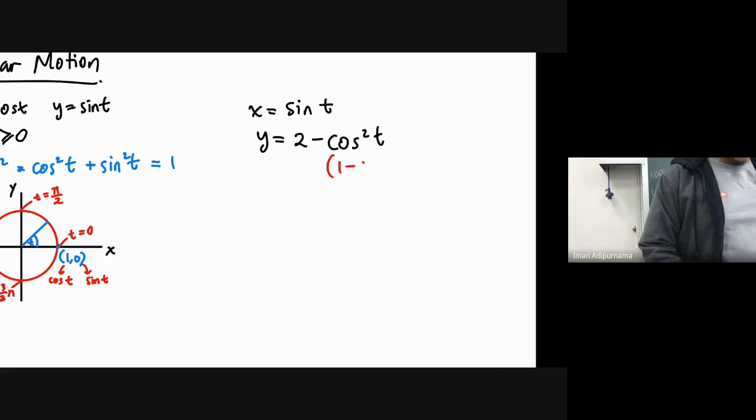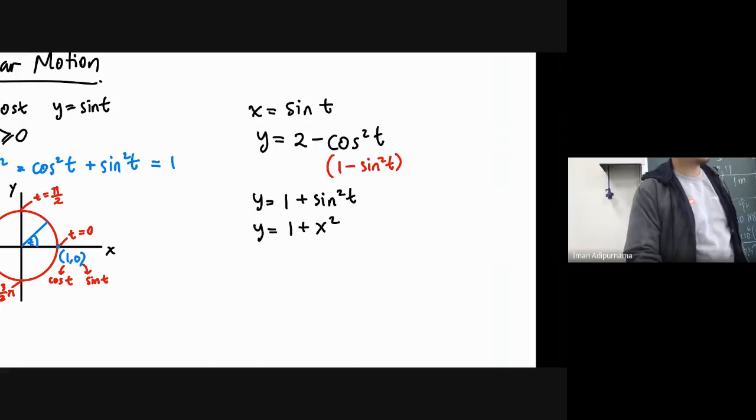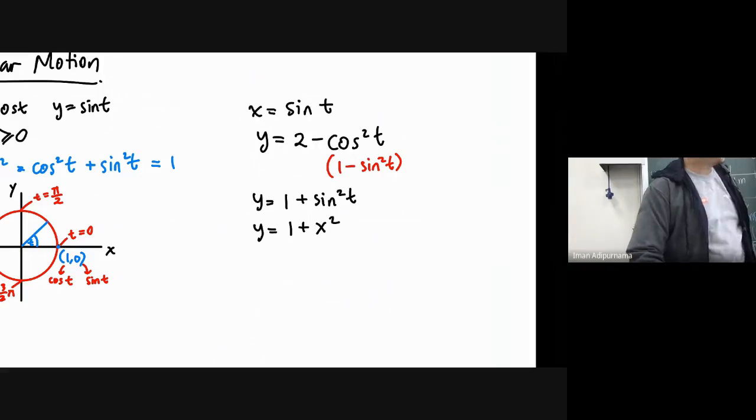So here you get 1 minus sine squared t. So y will be 2, 2 minus 1 is 1 plus sine squared t, which is y is 1 plus x squared. Okay. So this form is